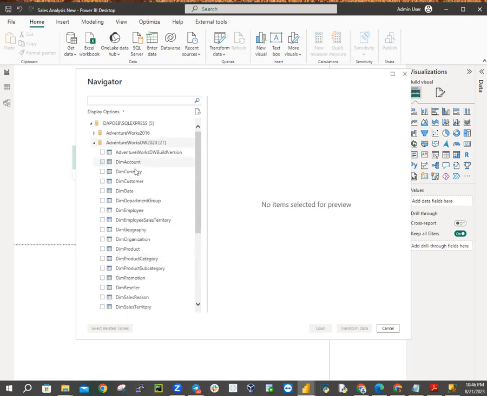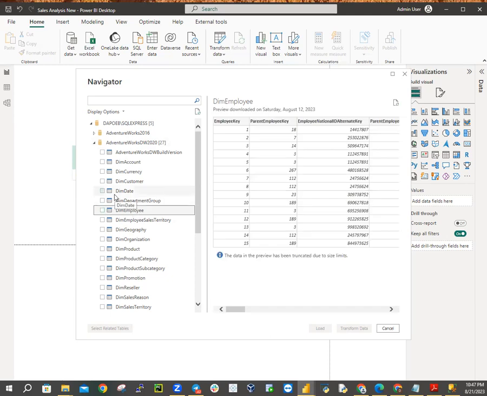And you have this data. You have your account, currency, customer, date, etc. So the first table I want you to click on, don't check it, just click on the table, is DimEmployee. I want to pass a message across there. When you want to bring your data to your environment, one of the things you do in preparation of your data is to study the data. Please